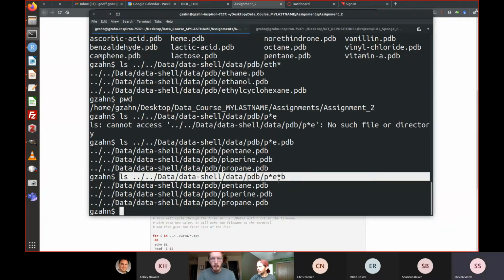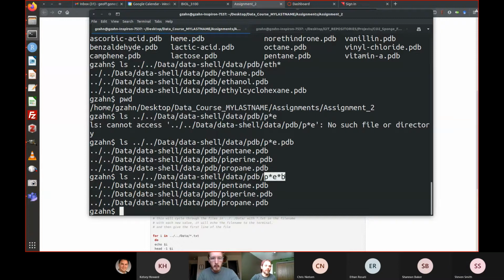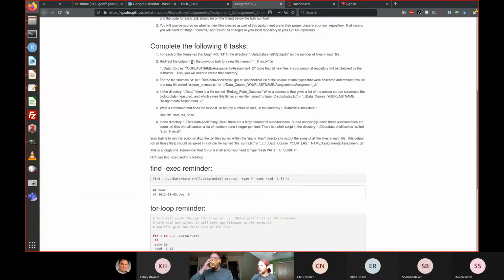Okay. This is definitely a safer way to search for it, because we could have any file, maybe it didn't end in an E, but it just had an E in it. So this is searching for: starts with a P, somewhere has an E, and then ends with a B. But I want you thinking about how these wildcards work, and that'll get you through this assignment. Okay, so